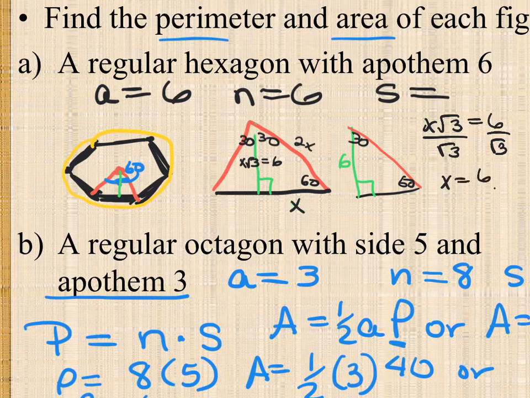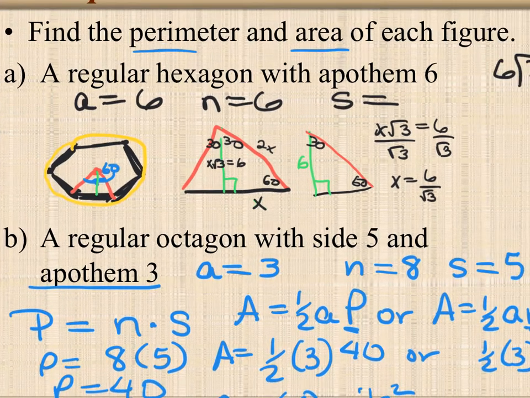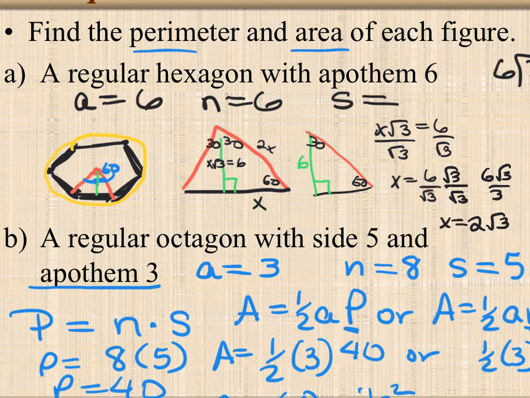X is equal to 6 over the square root of 3. I need to rationalize, multiply top and bottom by square root 3. 6 square root 3 over 3 simplifies to 2 square root 3. That's what x equals. Remember, x is down here,